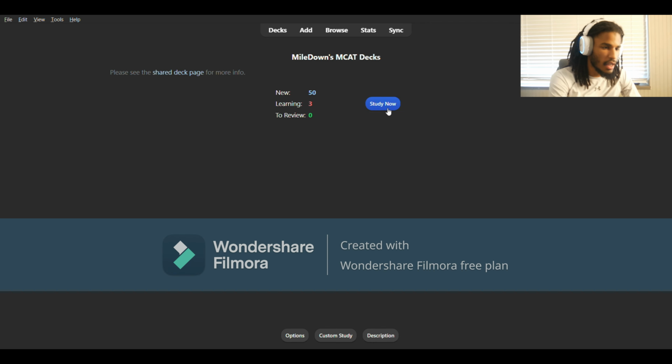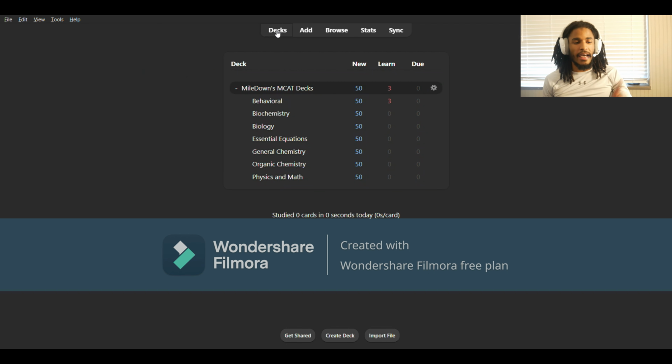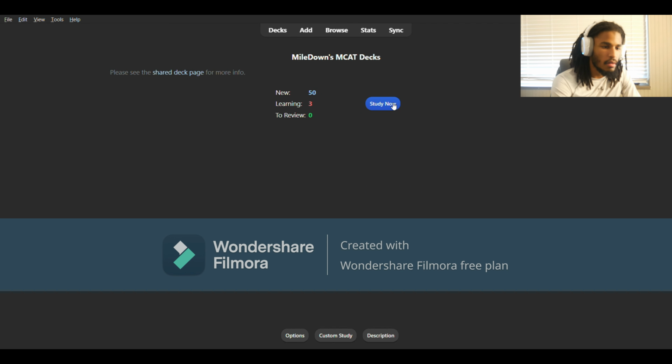So we're going to go study now. This is the deck that I have. I'm sure if you've done anything like Anki before, this is the deck I have. Now, I was going to get the Jack Sparrow deck, which I did, but it was 6,000 cards. This is 2,000, so I'm just gonna go through this. So I have my cards set to 50 cards a day, and we're gonna ramp it up to about 80 once I start getting more familiar with it. So let's take a look at our first card. Study now.